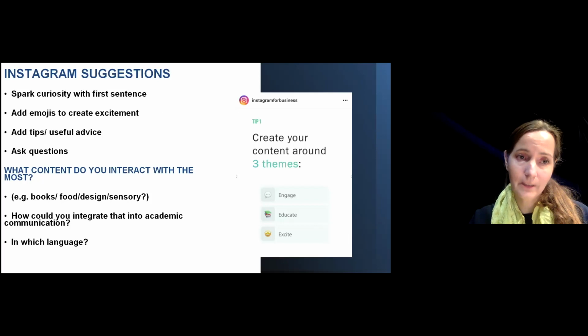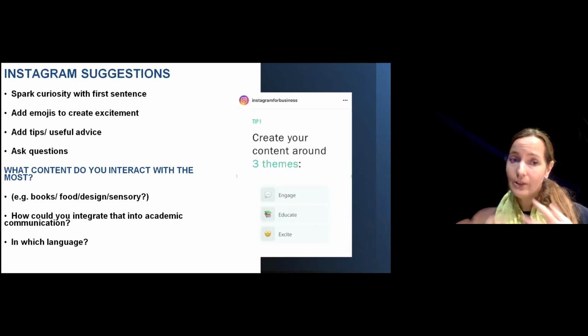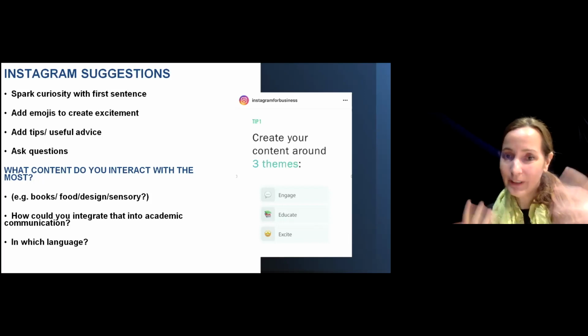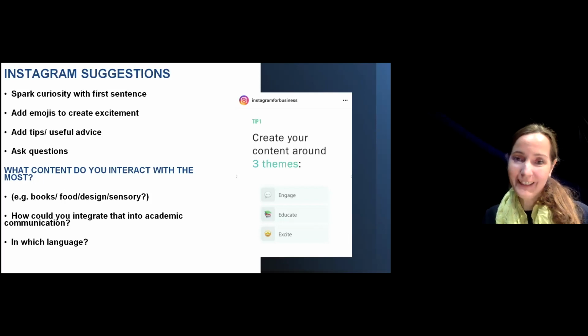So very big tip. Engagement and excitement, I mentioned before, emojis, personal content. So spark curiosity, try to word it in a way that is exciting, add emojis to show how excited you are about something. If you're engaging with people, maybe even your content can be a question.